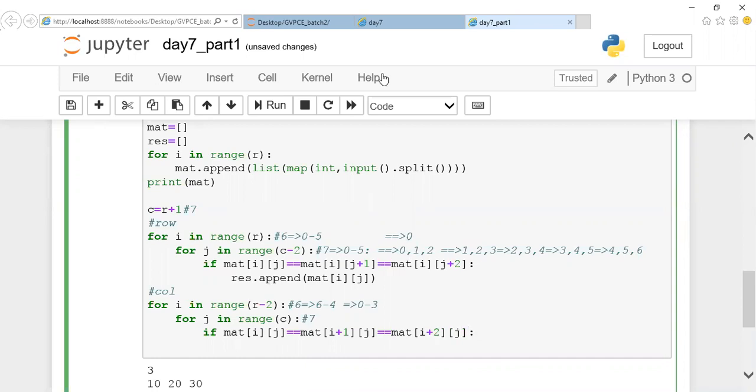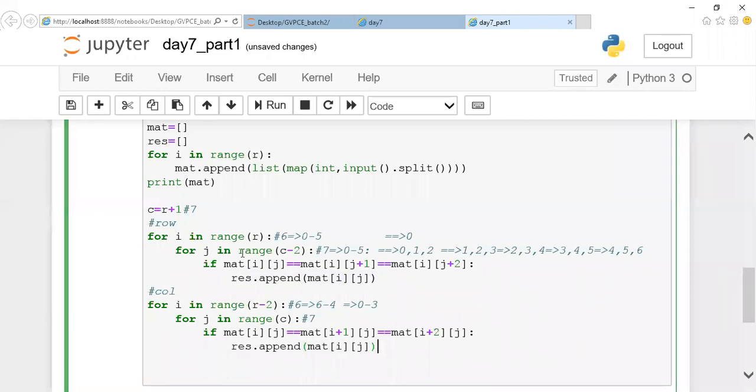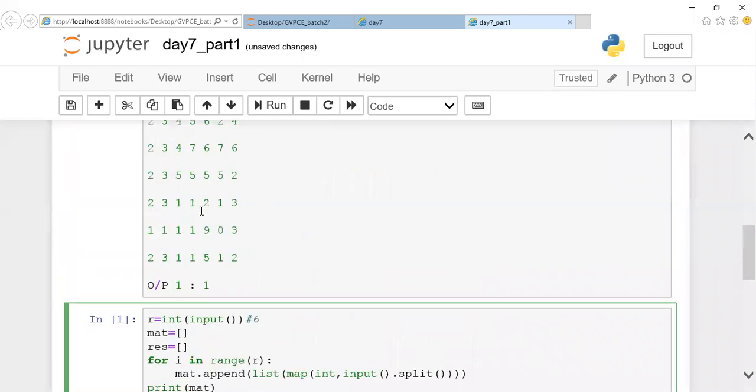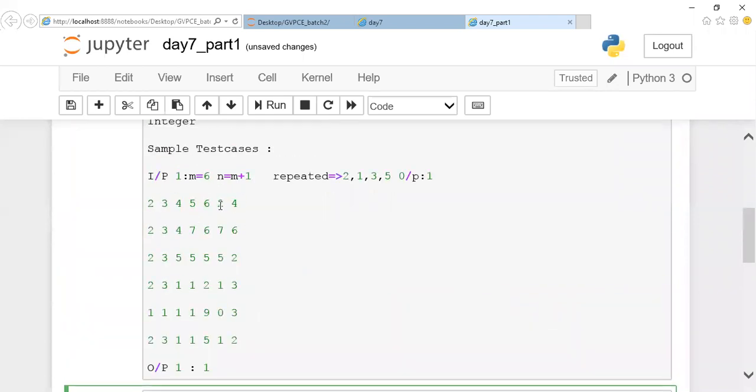The same way, if you're writing like the previous one, it will be easy for you to understand what this is all about. Okay, and next is the same way you're supposed to place this one. So what could be the condition for diagonal, guys? I guess you people have understood what is row count and column count and why I'm writing like this. So when I'm going with row, I don't want to go beyond this, so I'll stop at this position. If I'm going to take three elements, if I stop at this position itself, that is fine for us.